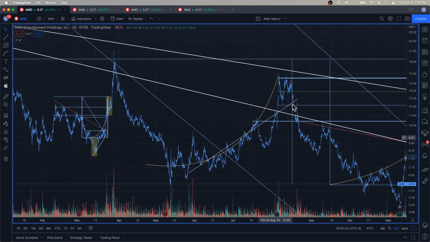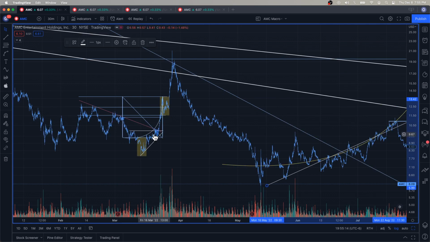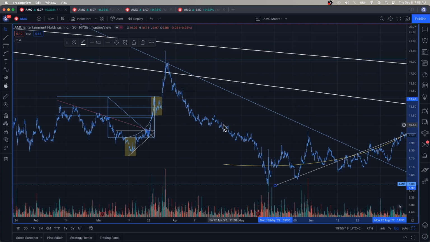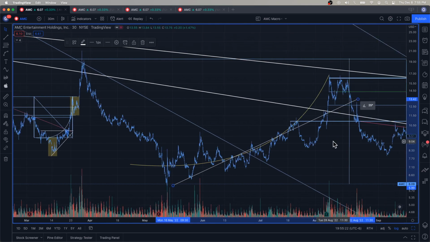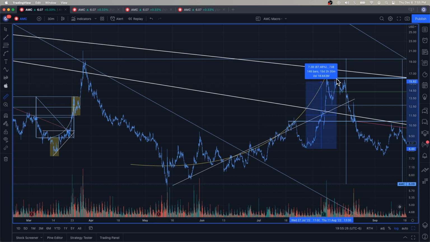And one of the principles that I was looking at is I was noticing that when the stock would whip around certain trajectory lines, it would often do a 50-50. And so I noticed back here, there was a rotational symmetry that had occurred to the upside and then the downside. And that was something I was measuring out in this region. Long story short, even though this at first presented itself to be quite bearish, right? My expectation was that it would do a 50-50 whip around and